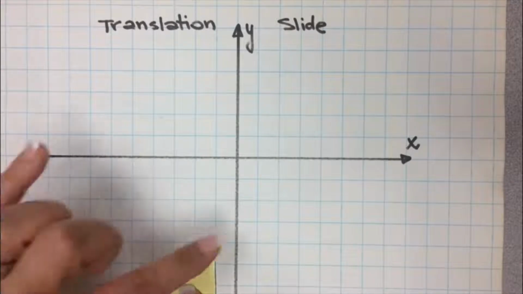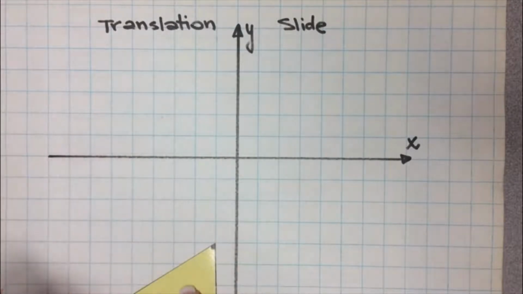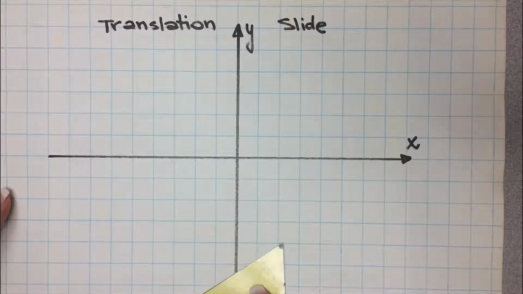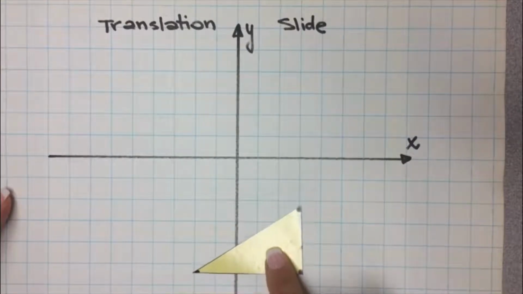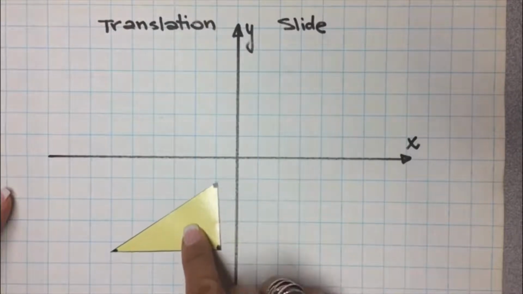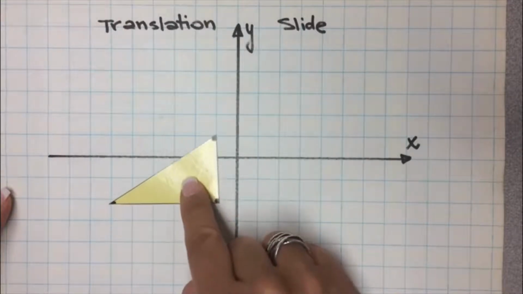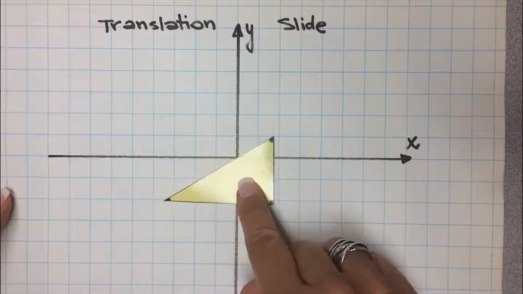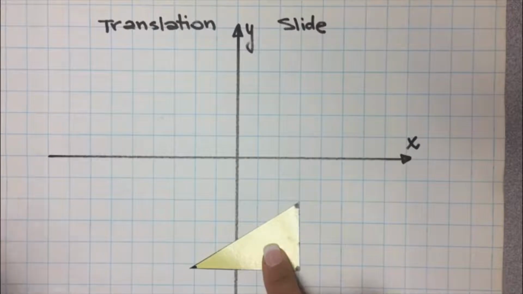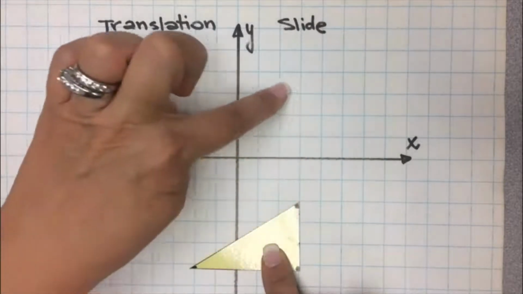So the figure keeps its orientation, and we can slide it to the right, again up, to the left, up, to the right, down. So when we are sliding the figure, we need to make sure that we use the grid of the